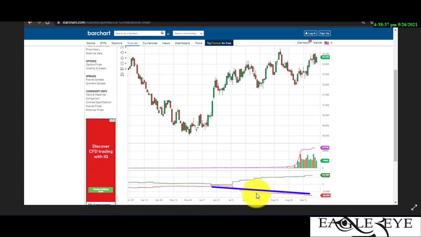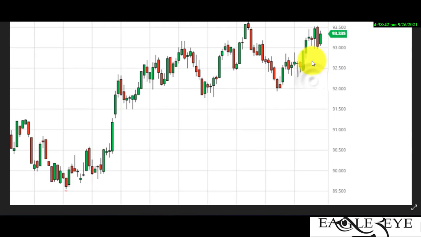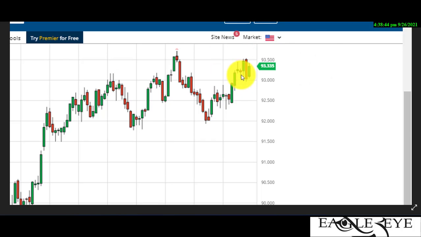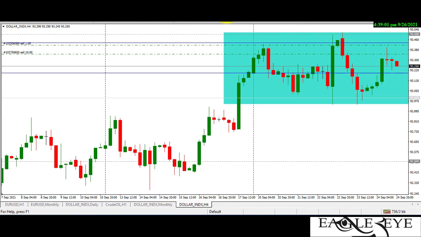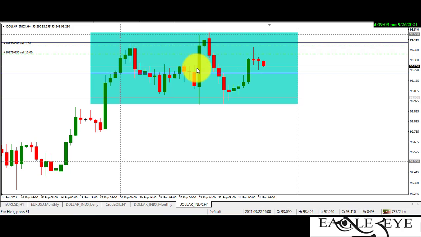Over here, you can see that. Now I'm expecting some kind of a turn around this area in the near term, but you don't just go into the market and put on a trade based on what you expect. You wait for confirmation of what the market is trying to tell you, then you take any trade that you want.